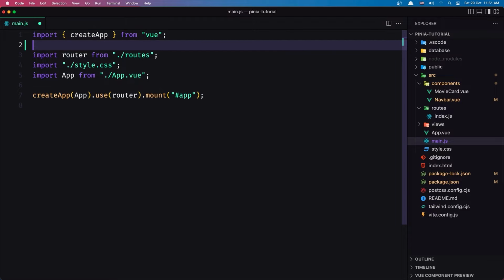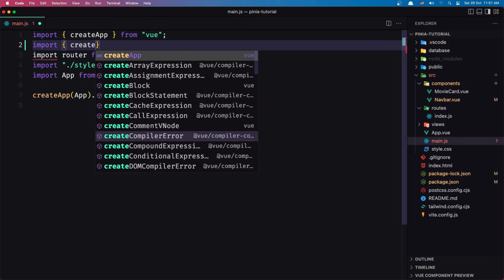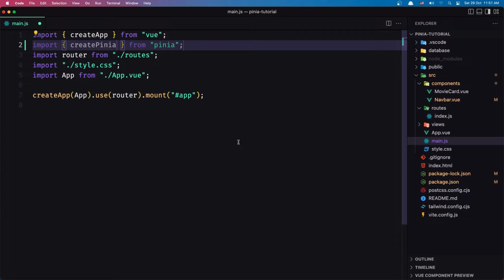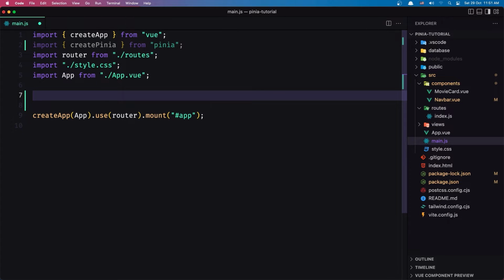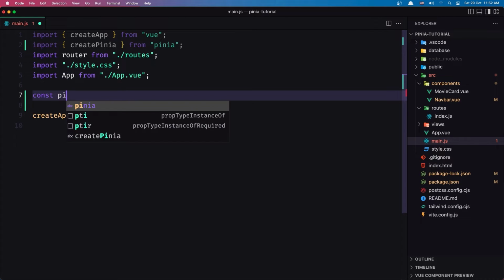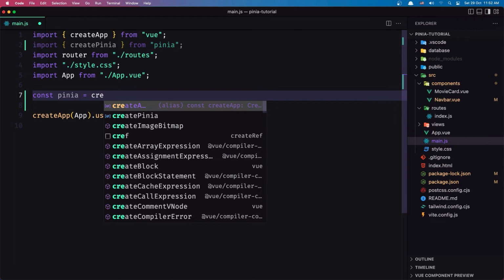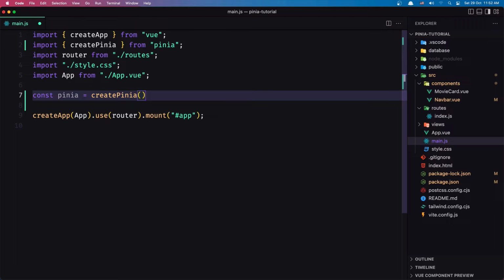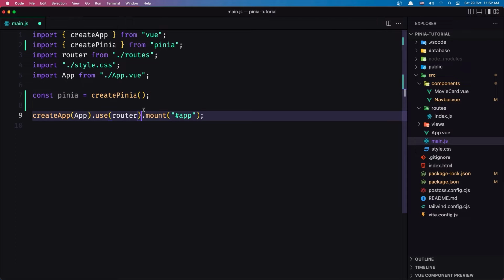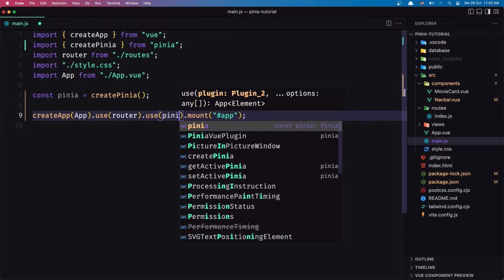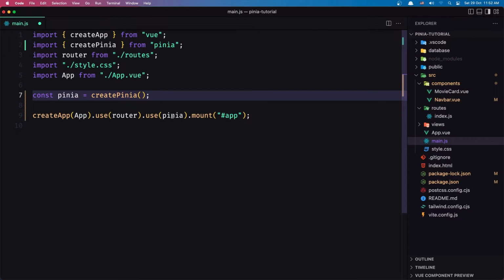So let's say import the createPinia from Pinia. Then we need to create an instance of the createPinia. So let's say constant. I'm going to name it pinia, which is going to be equal to the createPinia function, and we need to call that, and then we can say use Pinia like this, or we can create a